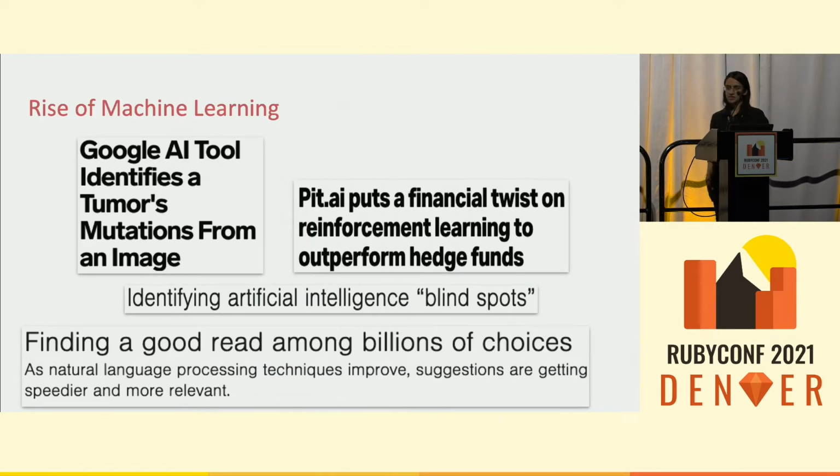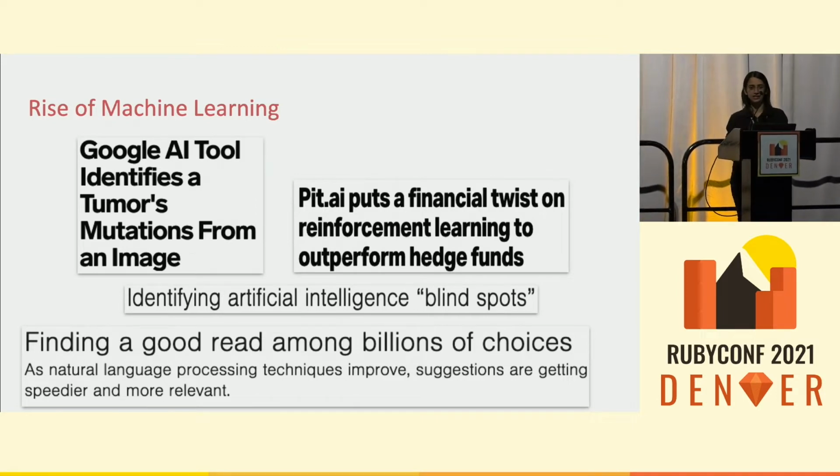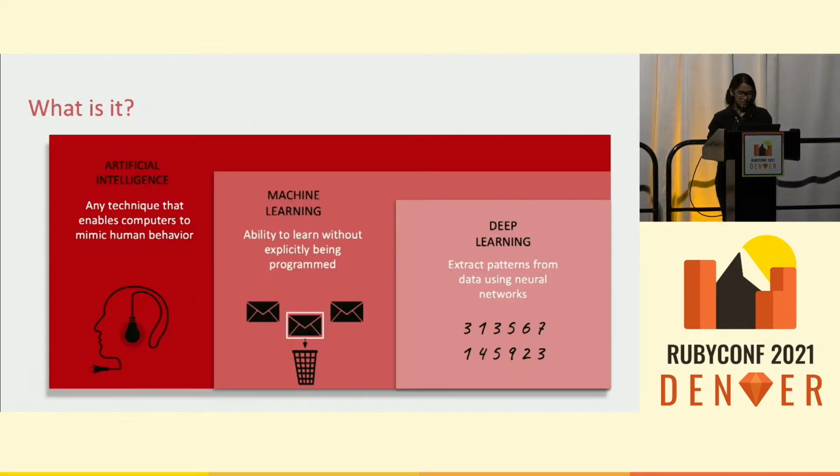There is so much hype around machine learning because of the advancements of machine learning, not just in healthcare and finance, but in privacy and security and so many other domains. So let's understand what exactly machine learning is, what the categories of artificial intelligence are, and why they are really helpful. Artificial intelligence in a nutshell is a technique that enables computers to mimic human behavior. And machine learning is a subset of artificial intelligence which determines the ability to learn without being explicitly programmed. For example, spam filtering, fraud detection.